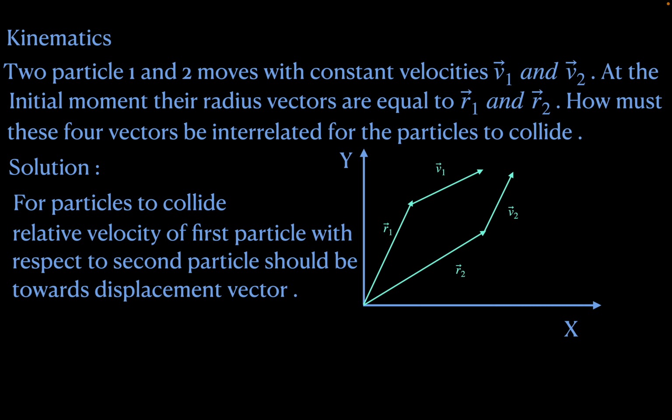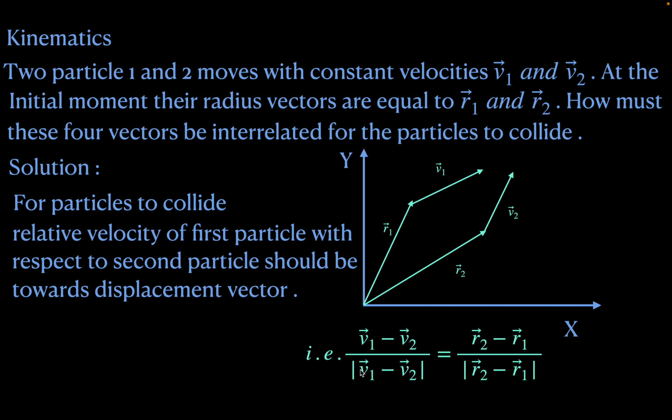So the position of the two particles is shown in this figure. The vector r1 shows the position vector of particle 1, vector r2 shows the position vector of particle 2, and their velocities are vector v1 and vector v2. So the relative velocity of particle 1 with respect to particle 2 can be written as vector v1 minus vector v2,